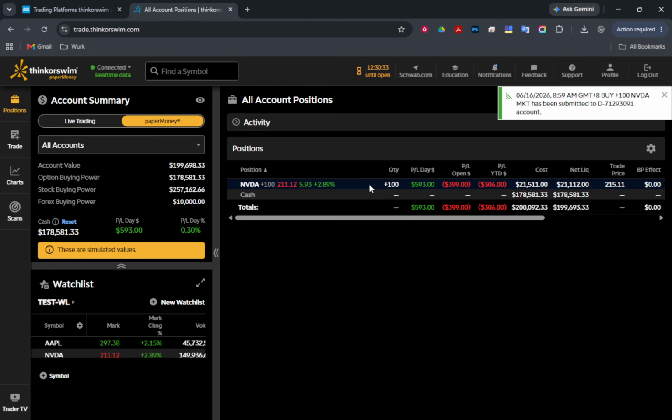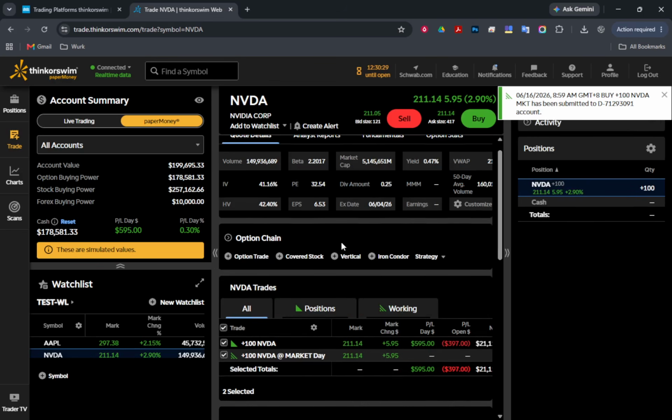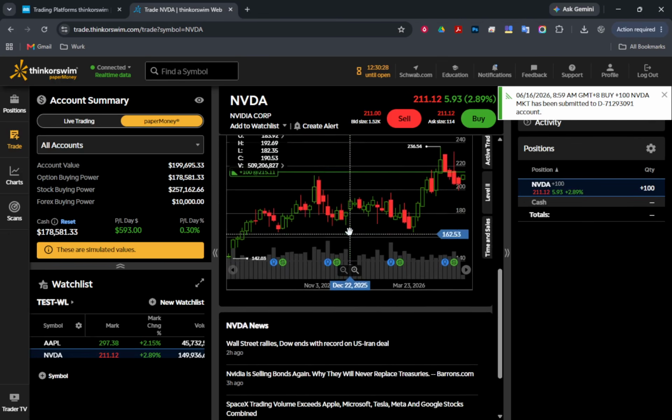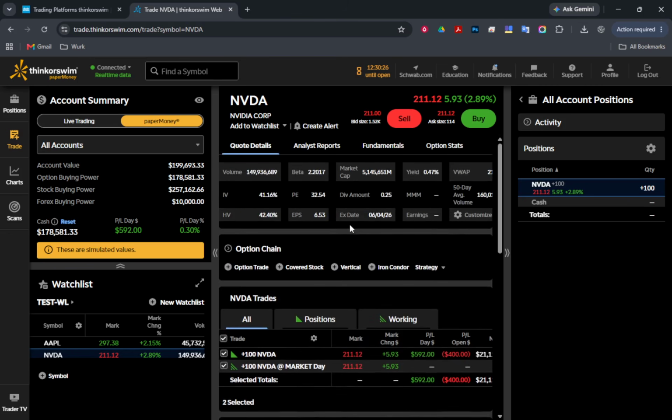If you ever feel the need to reset or adjust your account, you have that flexibility. You can reset your virtual balance, add more virtual cash, or even restart your paper trading account anytime. This ability to reset is important because it allows you to practice different strategies without any long-term consequences.